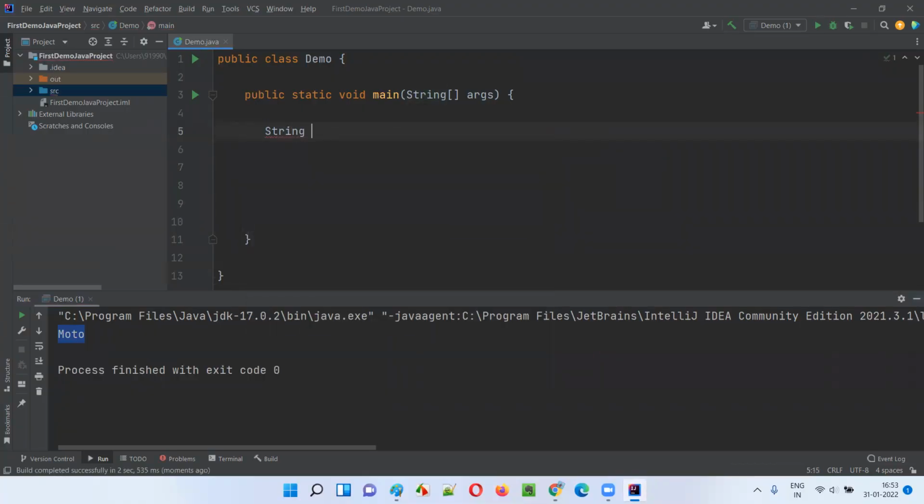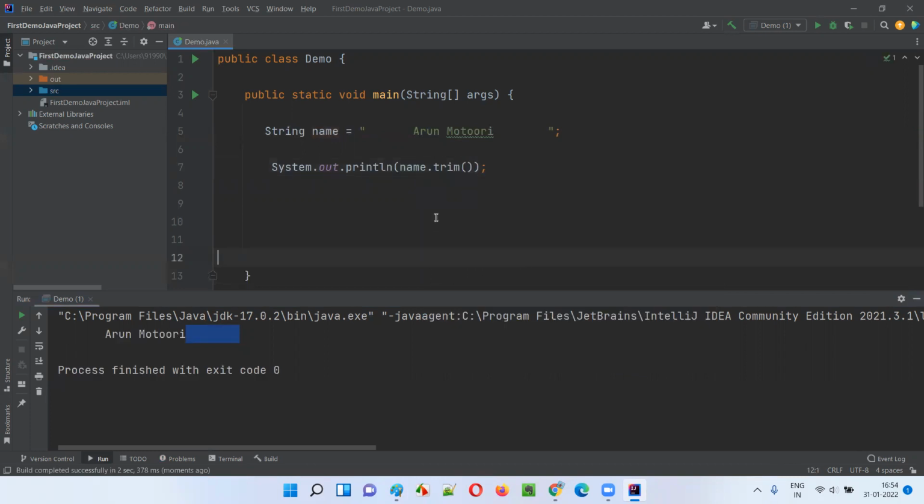So guys, I'll say String name is equal to Arun Motori. This is fine, but in case you give a lot of leading spaces and trailing spaces here, and now print the name, let's see what output comes. You see, along with the leading spaces and trailing spaces, my full name got printed, but I don't want my name to be printed like this. Instead, I will say name dot